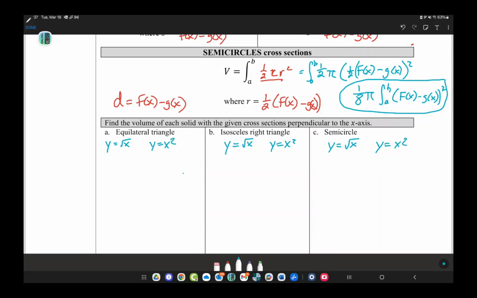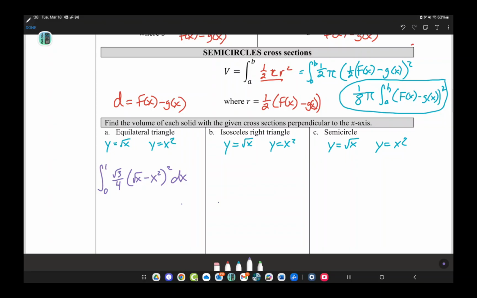And we're not going to solve, we're just going to set up the integrals. Okay? So the first one, equilateral triangle, they intersect at 0 and 1, because this is based upon what we did last class. And the formula is square root of 3 over 4 of the square root of x minus x squared